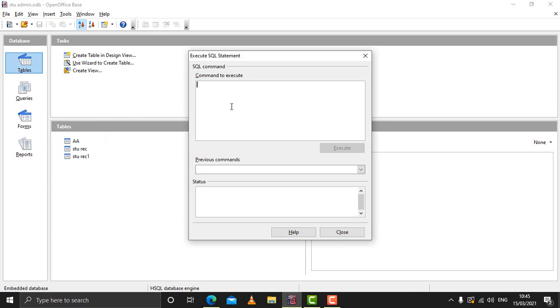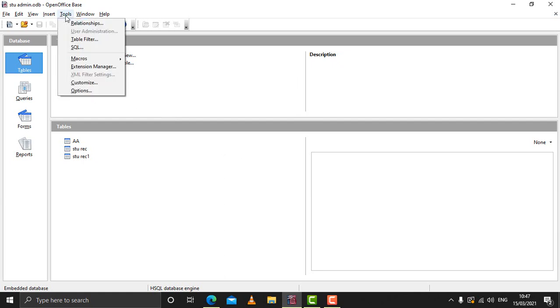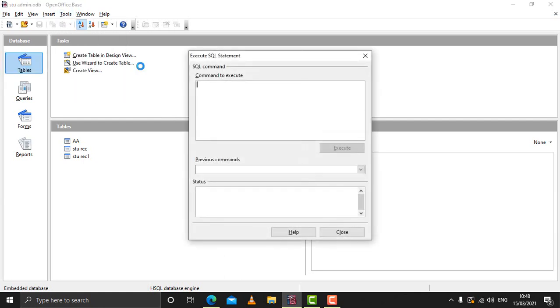Now we will see some of the SQL commands and how these will work. The very first command we will use is to create the table itself. For that we will first open the SQL command window, go to Tools, go to SQL, and then type the command. The command to create the table is the create command itself.